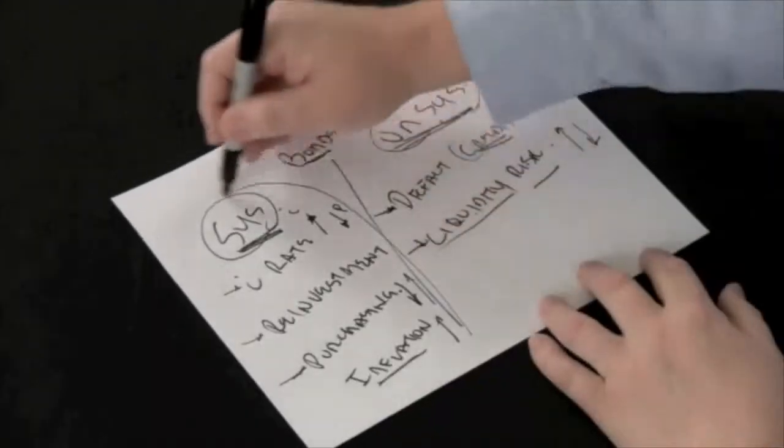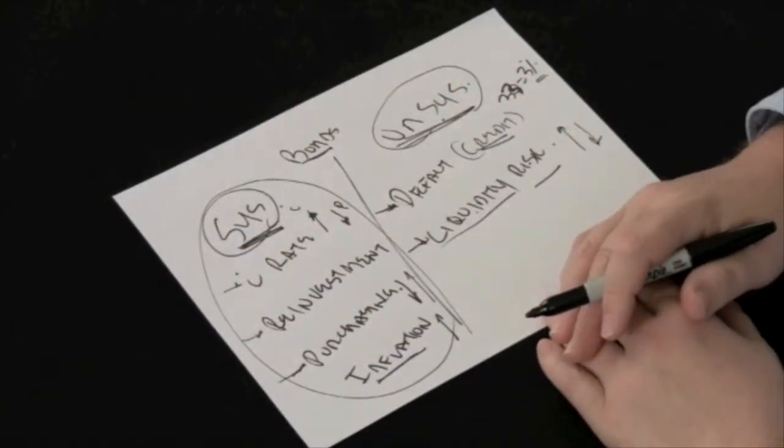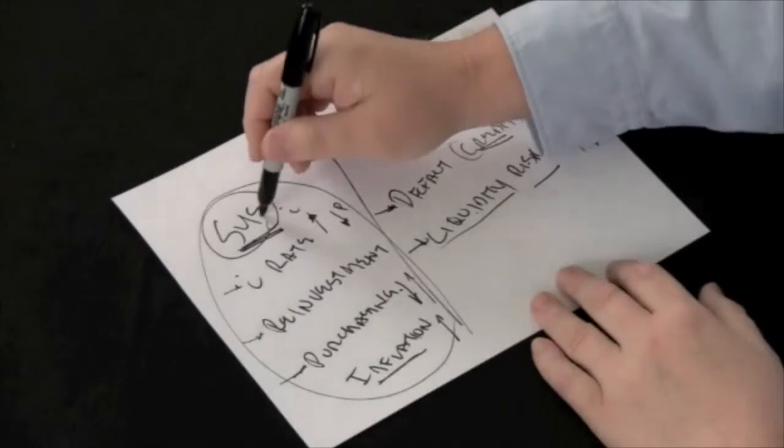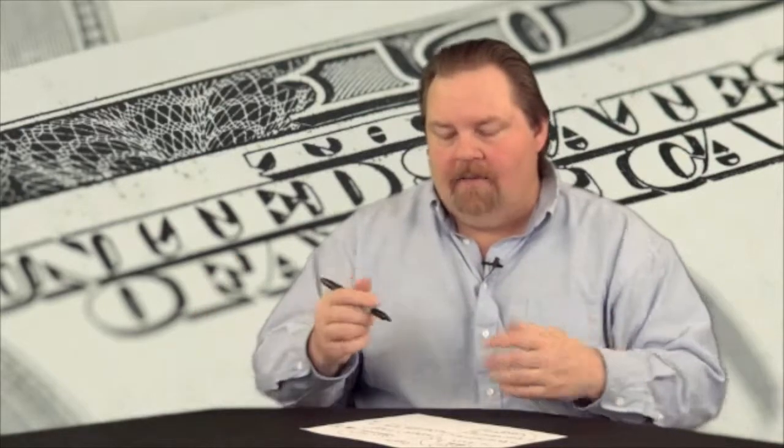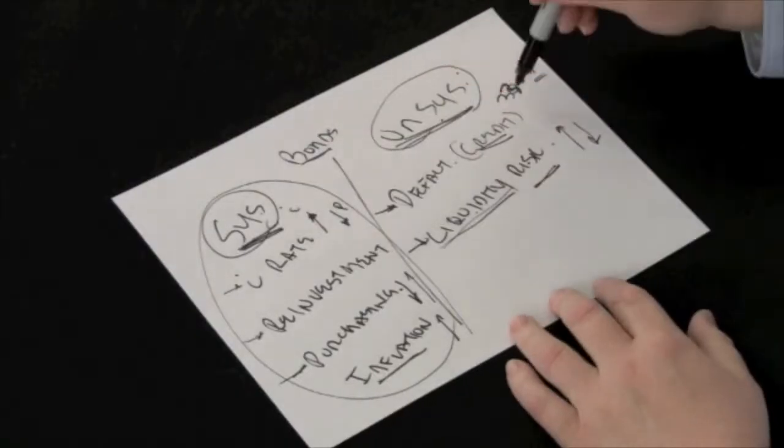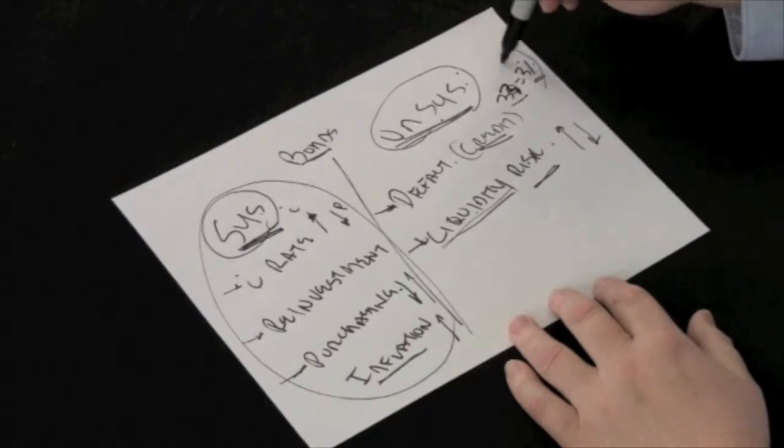Of course, if you hold the bond to maturity and the company doesn't default, then you would be able to receive your money back. Then you would still face all of the risks in your bonds under systematic risks. These unsystematic risks are diversifiable by holding multiple bonds. If you needed money and you had to sell a bond and one of them was less liquid than another, then you could simply sell one of the ones that was more liquid. If you had a default and you had 33 bonds in your portfolio, the most you could lose is that particular portion of your portfolio, or in round numbers, 3%.